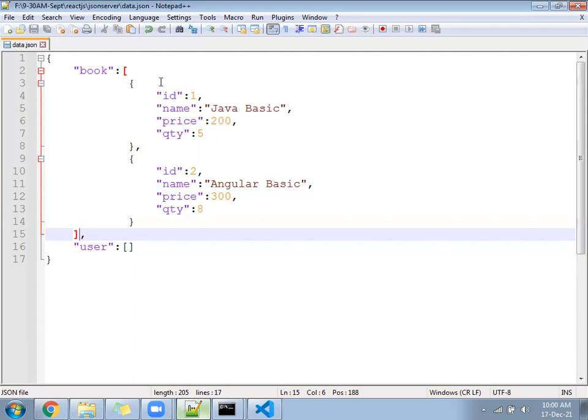So how many books did we store? Total two books. ID must be different, correct?